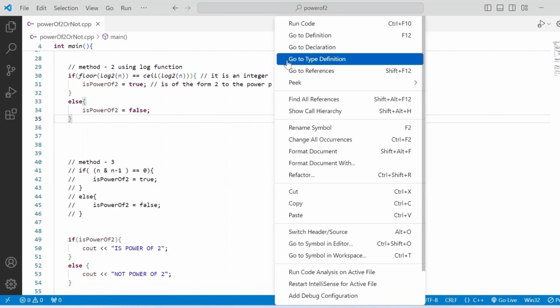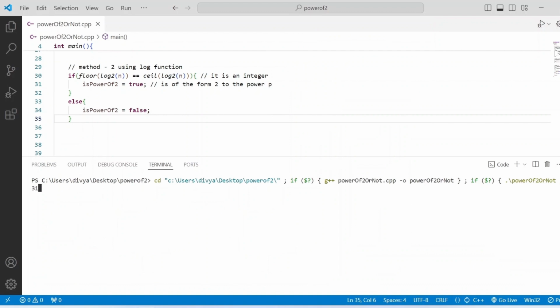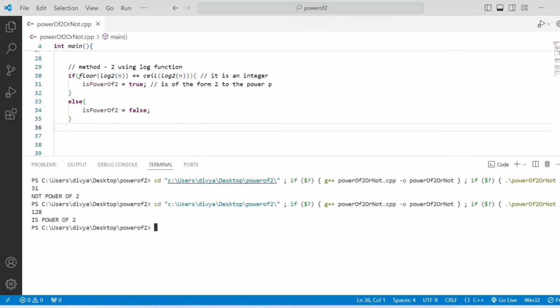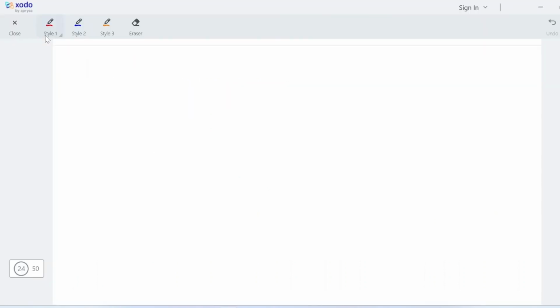So let's see if it's working or not. We entered 31, so it's showing it's not a power of 2. We entered 128, it's showing it's a power of 2. So this method is also working fine. So let's see method 3. Method 3 is using